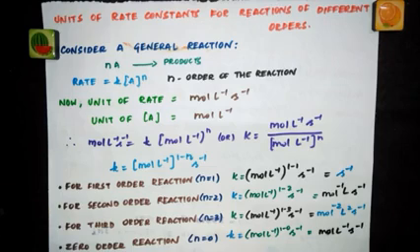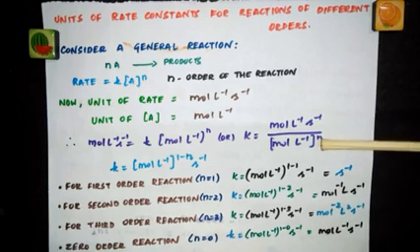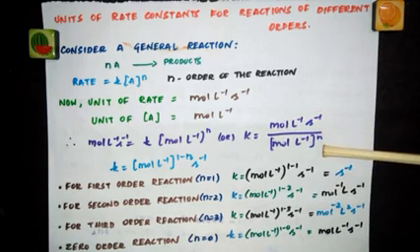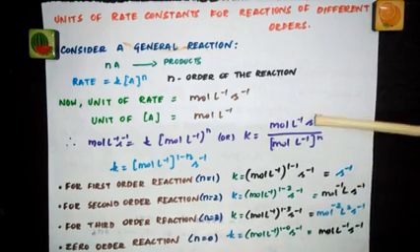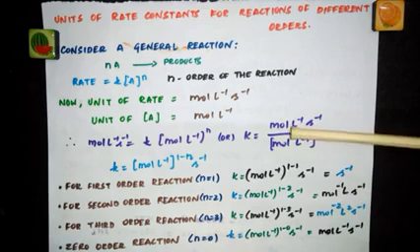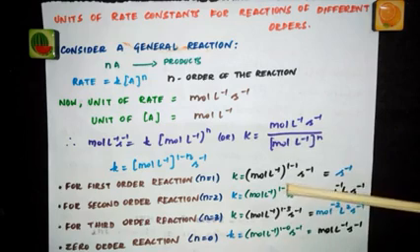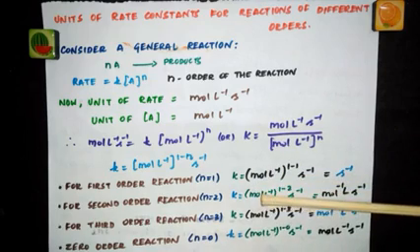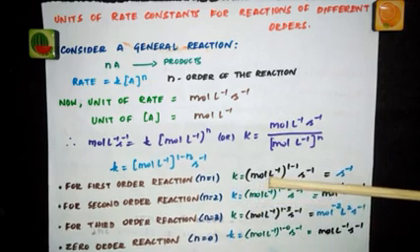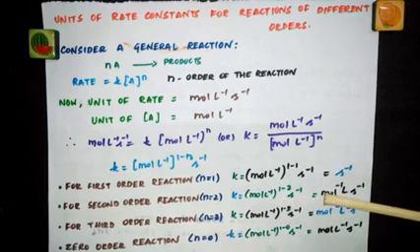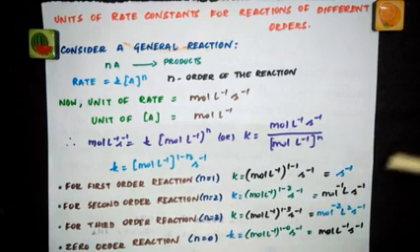In the same way, for a second order reaction, n is equal to 2. So you will put 2 here. So mole liter inverse to the power 1 minus 2. So that gives you minus 1, and the second inverse stays as such. So you will have mole liter inverse to the power 1 minus 2, which is minus 1. If you multiply that minus 1 inside, you will get mole inverse liter, since minus 1 into minus 1 gives plus 1. So mole inverse liter second inverse. So that is the unit of K for a second order reaction.